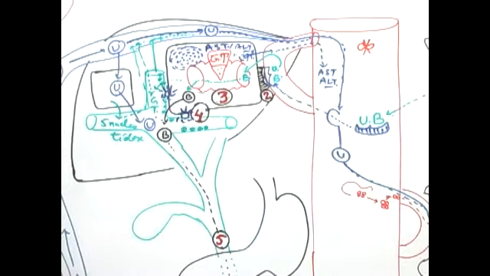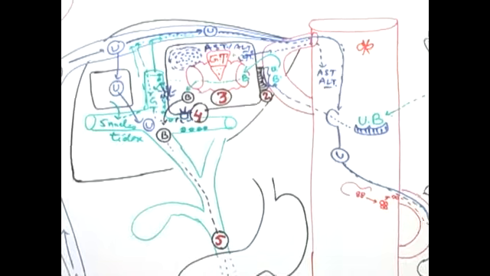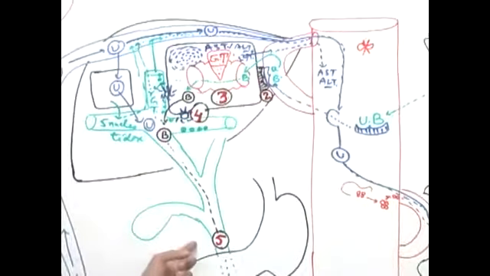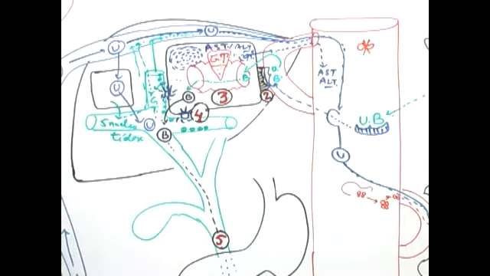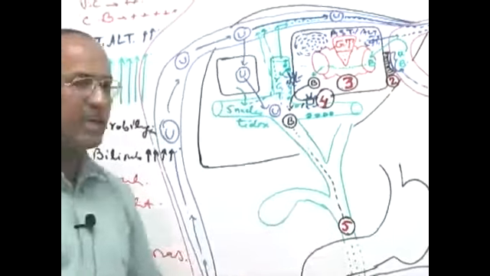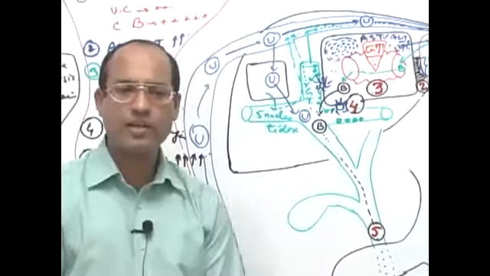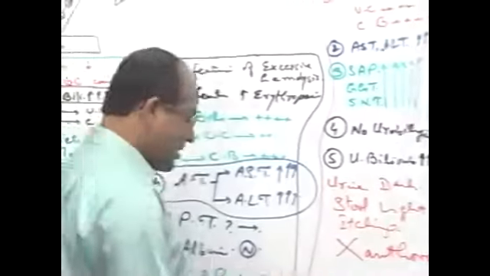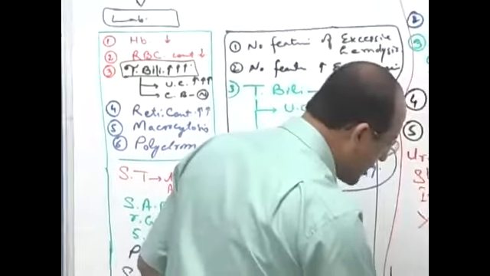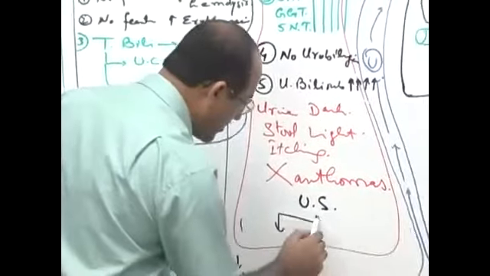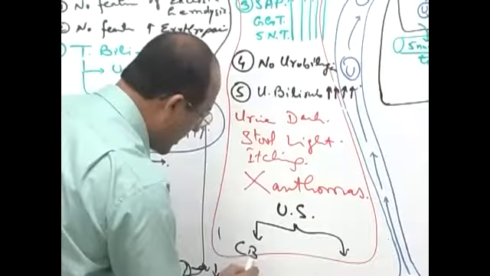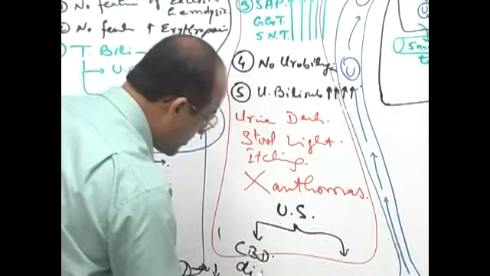Am I clear? Now, after having said all of this, how do you differentiate cases 4 and 5? Is it intrahepatic obstruction or extrahepatic obstruction? Very easy. What will you do? Just do an ultrasound. If you do the ultrasound and you find the common bile duct dilated, it is extrahepatic obstruction. In this case, you go for ultrasound, and ultrasound can tell you if the common bile duct is dilated, then it is